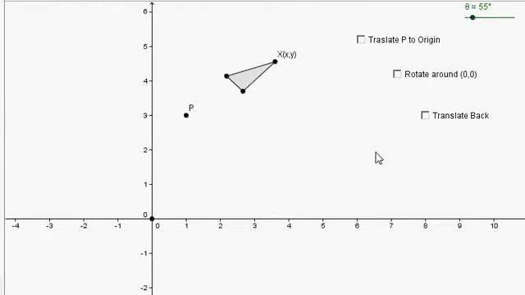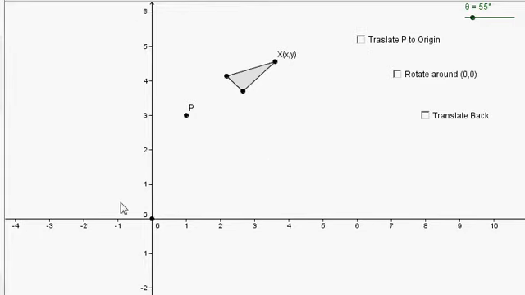Okay, it's actually a pretty simple idea. We can just do a composition of things that we've already done. So let's say we want to rotate by some angle, and I've made a slider here so that I can move it if I want to, but I want to rotate by theta around point P instead of around the origin. Well, what I can do, and we'll do a composition of functions to come up with the formula, but